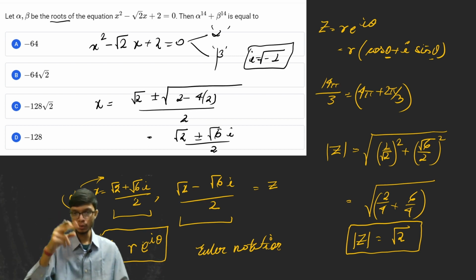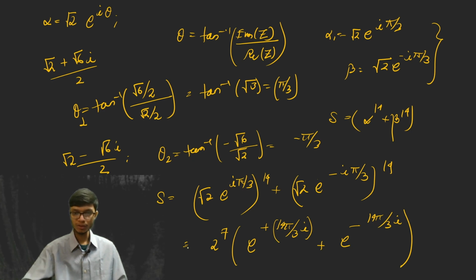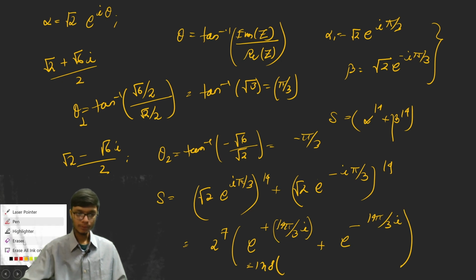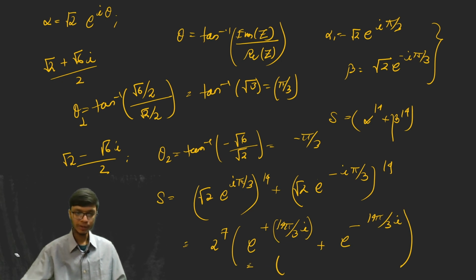But again, if you look at the sign, whenever you add an even multiple of pi, sorry, an even multiple of 2 pi, you end up landing in the same quadrant. If you started in the first quadrant, you'll end up landing in the first quadrant itself. All right, so that's the idea. And from here you can write this as 2 to the power 7, and 2 to the power 7 is 128, so 128 into